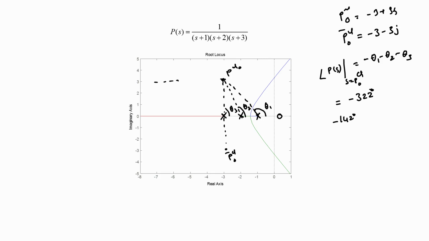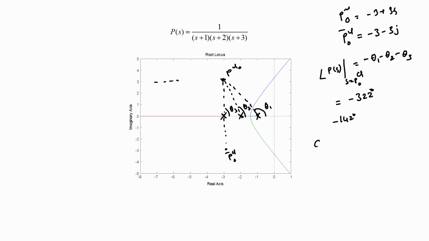So, for the moment let us assume that it is not desirable to have a 0 on the right half of the complex plane. So, let us not choose to place a single 0 there. We have to find other ways by which we can compensate for this difference of 142 degrees between what we desire as a net angle and what we have. One way to do it is to go with 2 zeros.